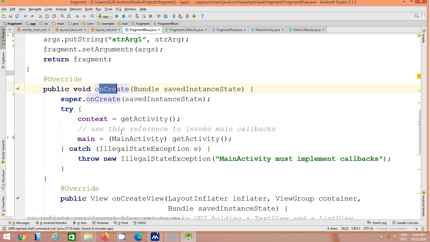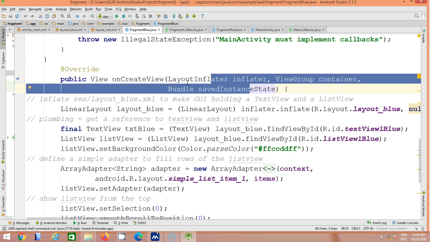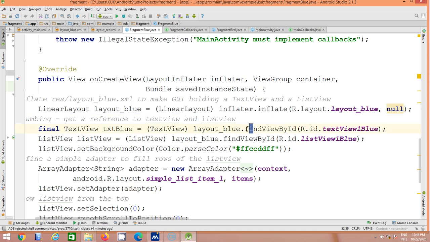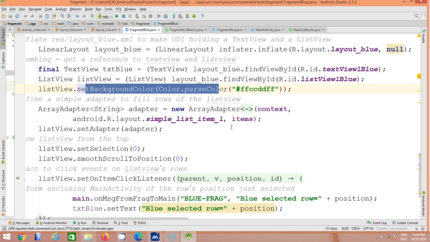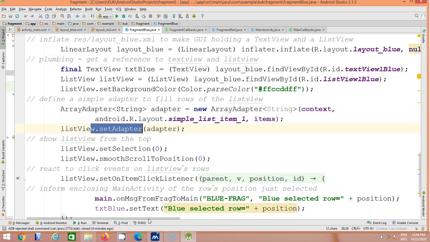Then on create: super on create, context, get activity, main activity. Then in on create view we have used three variables. We inflate the layout, which is layout blue. Then we use find view by id for the text view and the list view, set the background color of the list view, set the array adapter, and set the value from the first one.